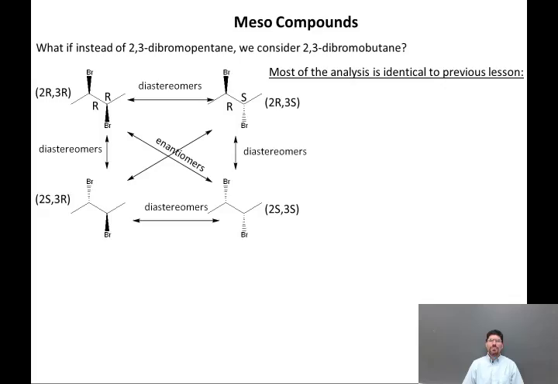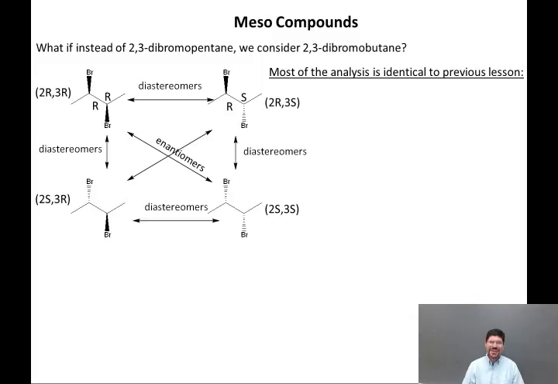We have one more important case to consider when we have a molecule with multiple stereocenters, the case in which we have what's called a meso isomer. And this is where this topic gets really hard. And I understand it gets hard, and I'm going to try to work you through this so that you can really understand and appreciate when meso isomers exist.